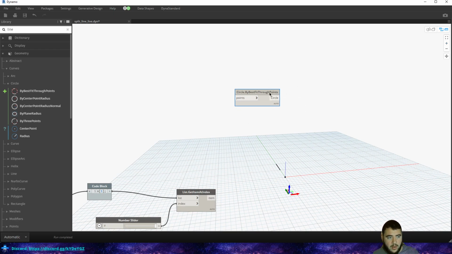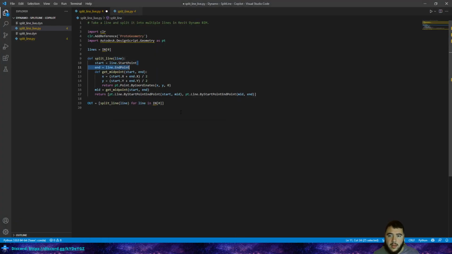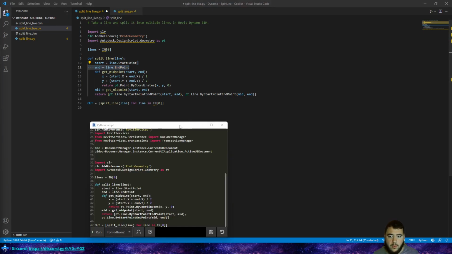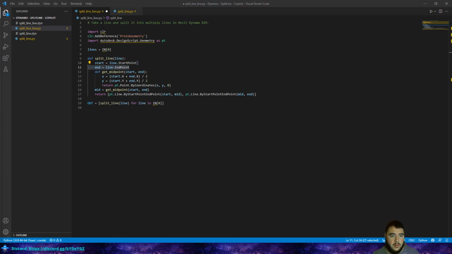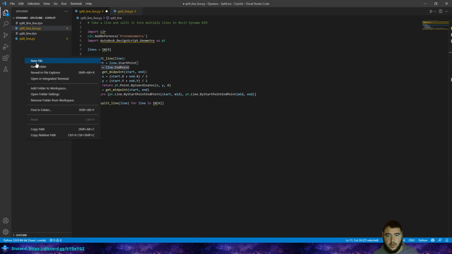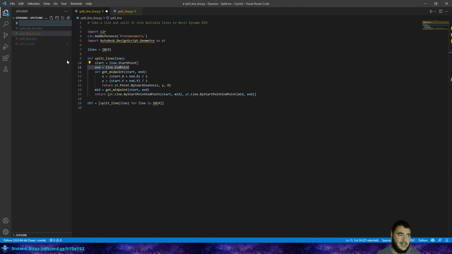Anyways, I'll leave that up so that I know the function and how to call on it. We'll jump back into VS Code and I'll move this over. So we've got this one. I'm going to create a new file, and we'll call this by best, and we'll name it the same as